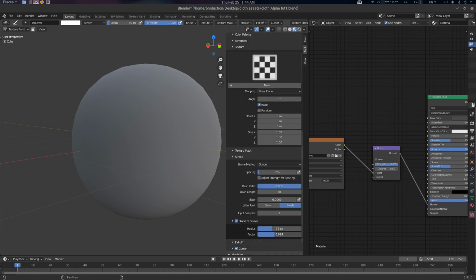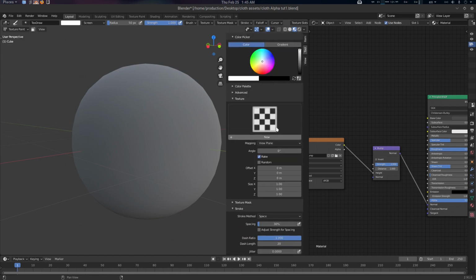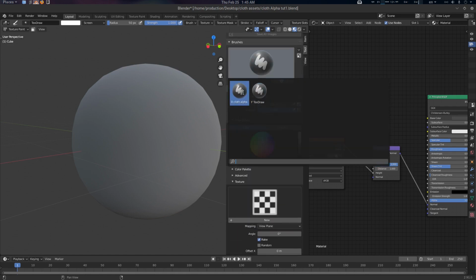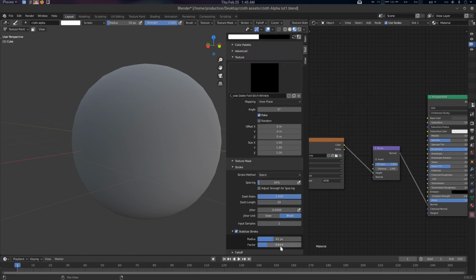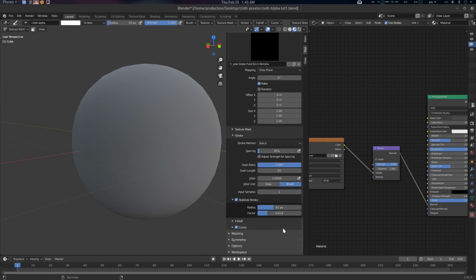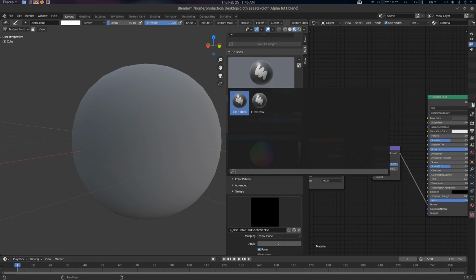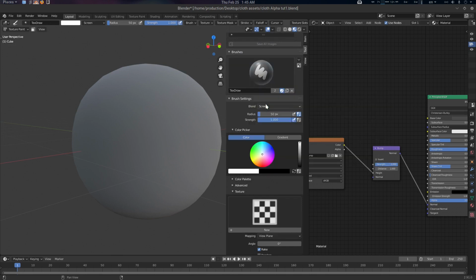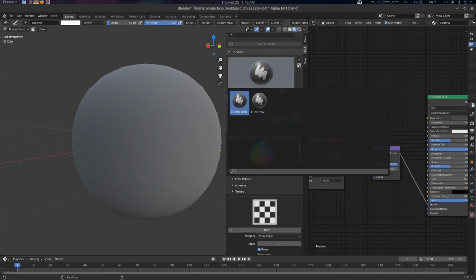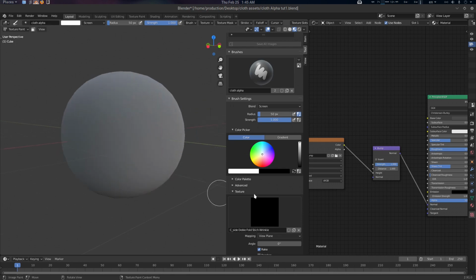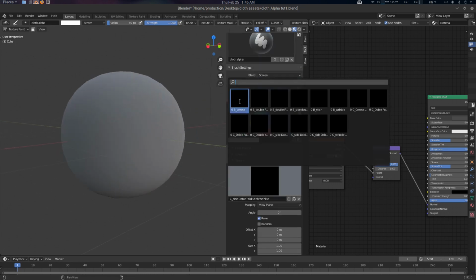Okay, factor is something like 0.69. So the same thing is happening here as well. So okay, you will get the preset here. These are all the same here. Okay, so yeah, that's how you can create it. So you can create the texture draw from here, or you can just choose this cloth alpha here. So now if I just select one, let's suppose crease,